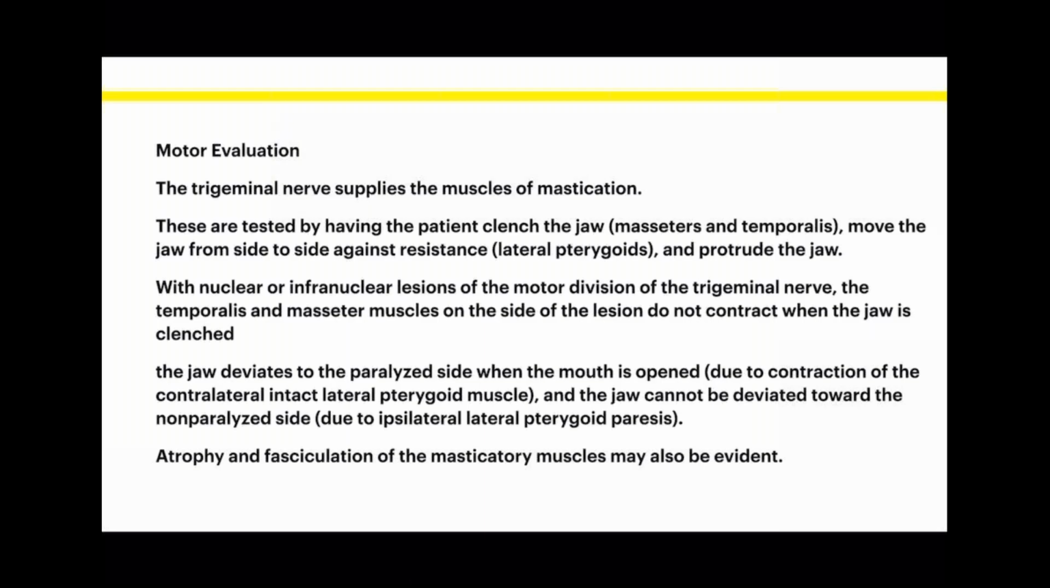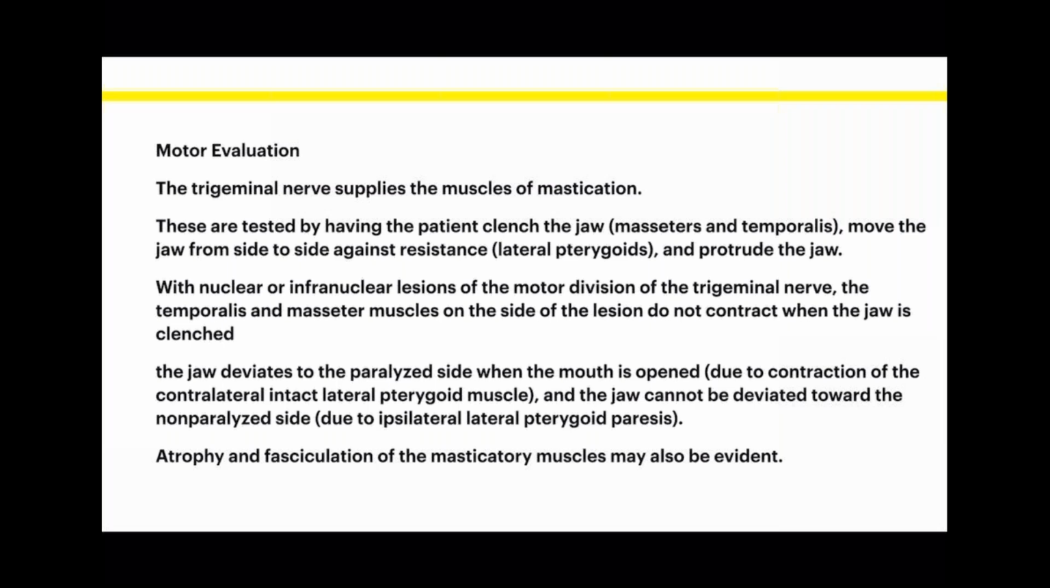The motor evaluation: we test the muscles of mastication. Of course, when asking the patient to clench his jaw, you are testing the masseters and temporalis, and moving the jaw from side to side, you are testing, in this case, the lateral pterygoids. And if the nucleus or below the nucleus, the motor division, is affected, the temporalis and masseter on the same side of the lesion do not contract when the jaw is clenched,